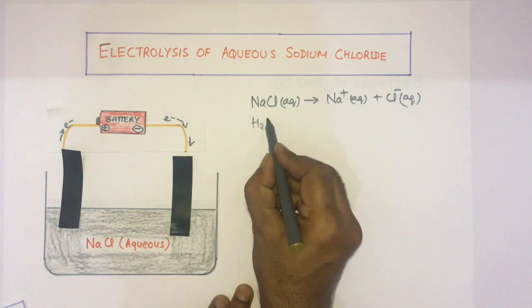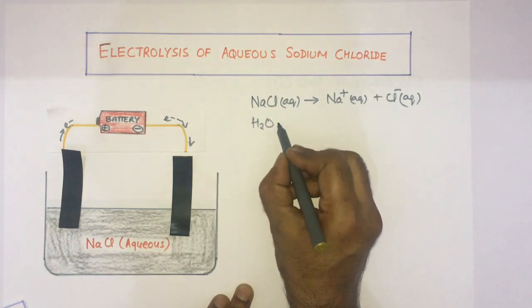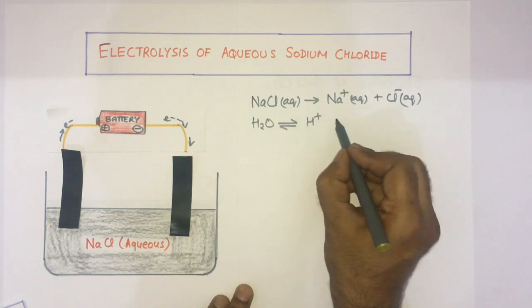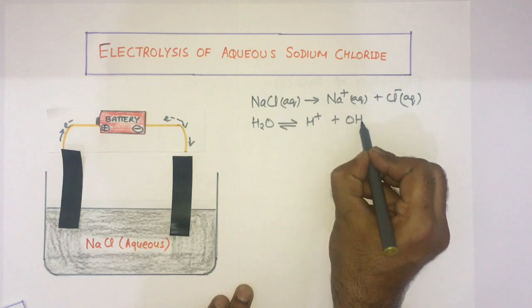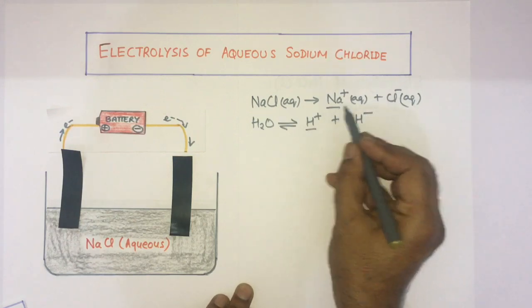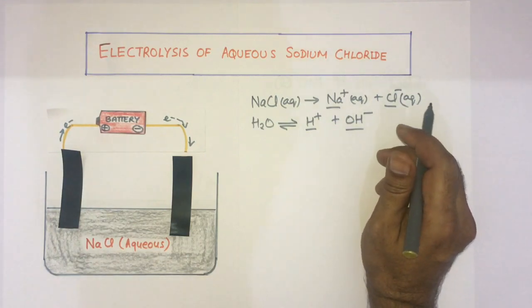Water is also there. It is a weak electrolyte and dissociates to a very small extent, into H positive ion plus OH negative ion. So here we have two cations and two anions. Let's see what happens in the